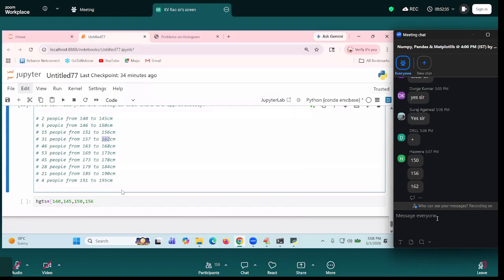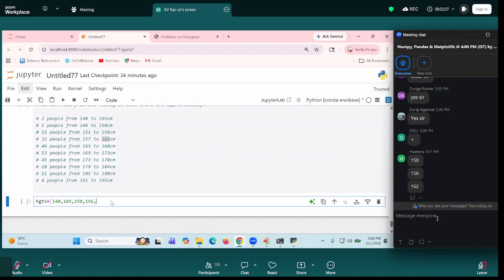Start. What should I do? 156, 162, 168, 173, 178, 184, 190, 195. This is our given intervals I am taking. So how will it be taken? 140 to 145,